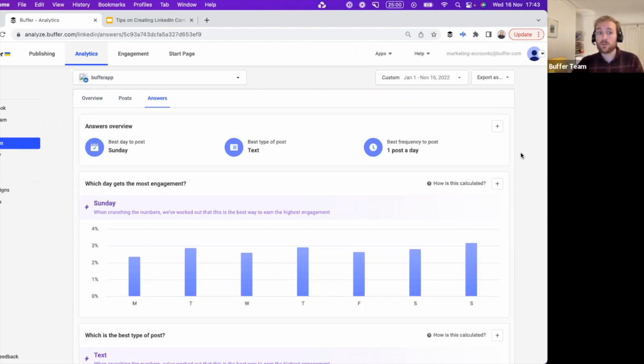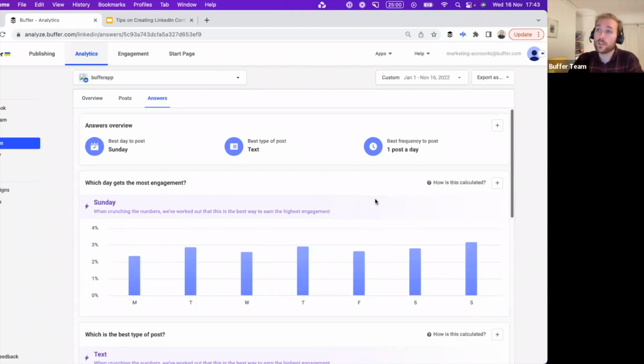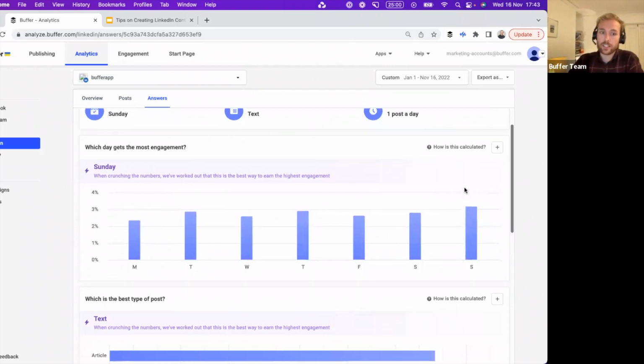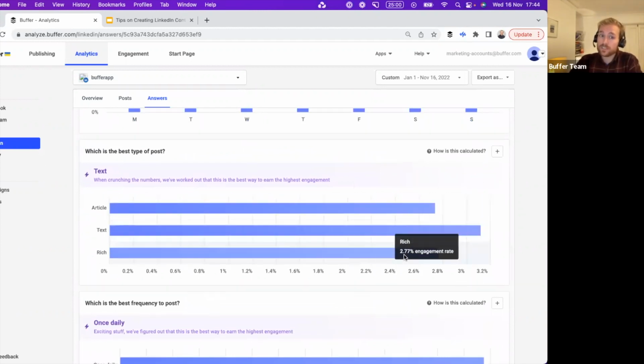So one of the things Xander said, for example, was that, in general, it's really good for LinkedIn channels to post during the week, Monday to Friday. However, when we look at all of Buffer's posts over the last year and what days we get the most engagement on average, we find that actually Sunday for Buffer works really well. So for us, Sunday is a day that gets a lot of engagement. Now, this is really important because if we didn't have Buffer, we wouldn't know that Sunday was a great day to post. Due to this, we can inform our strategy and actually start posting more on Sunday to take advantage of that higher engagement rate. We can look back on all of the different types of posts we've published to see what type of post works really well.